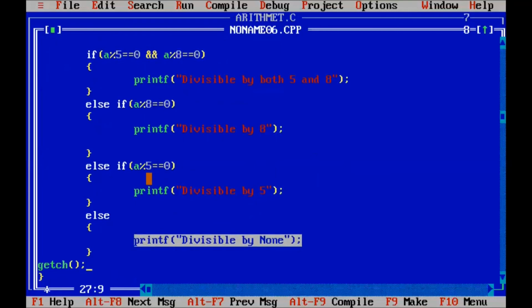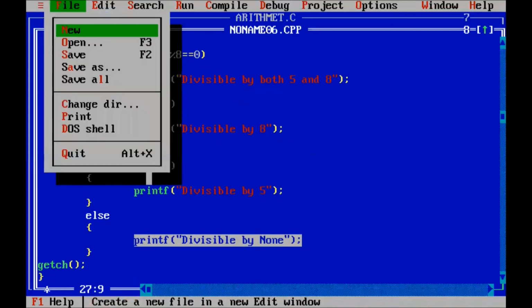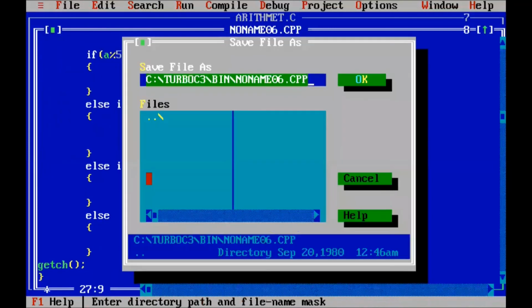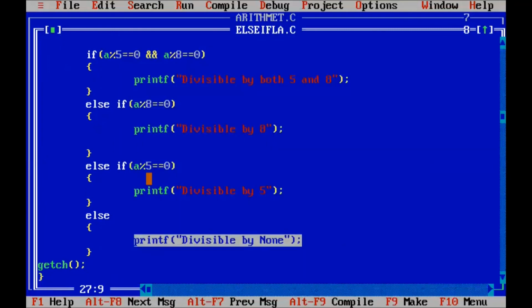Okay. Now we will save this program. Save. This is else if ladder, else if ladder dot c. Okay. So we save this program.